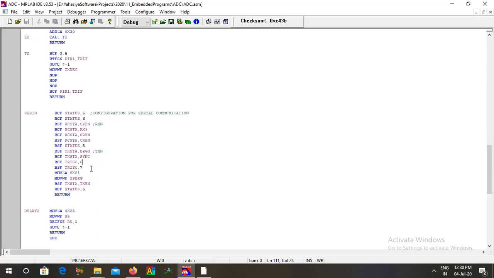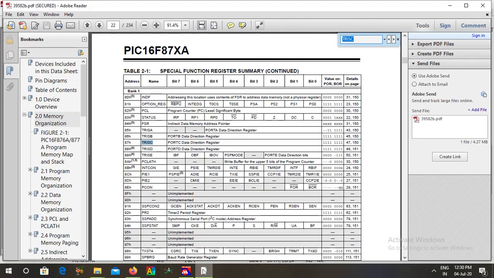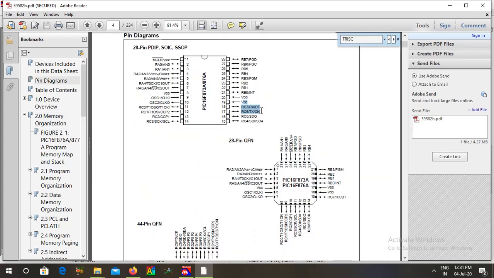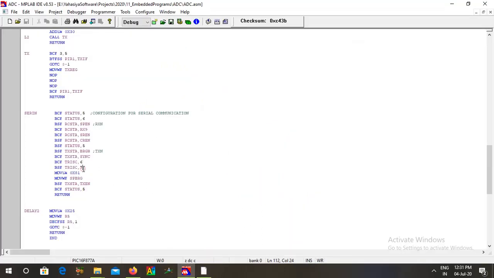Port C 7th pin is an input pin. What are the port C 6th and 7th pins? As per the pin diagram, the 6th pin is TX of the RS-232 communication and the 7th pin is RX, that means the receive pin of RS-232. So we are making the 6th pin as output and the 7th pin as input.